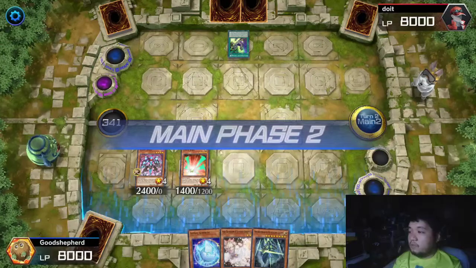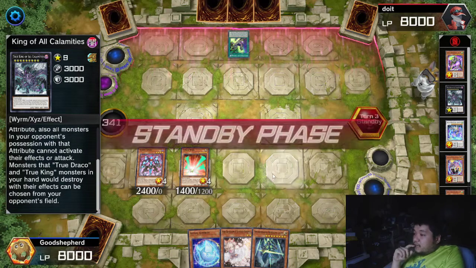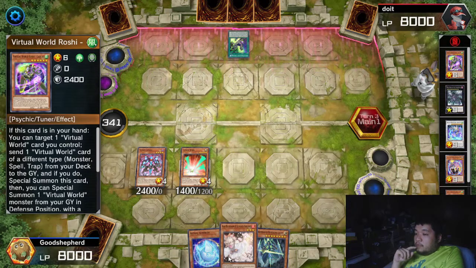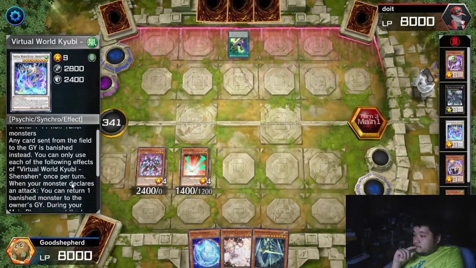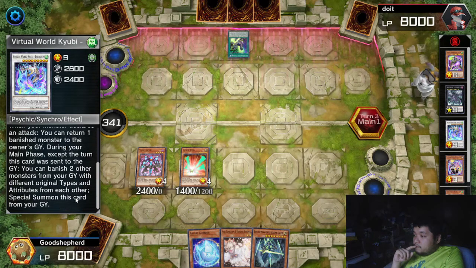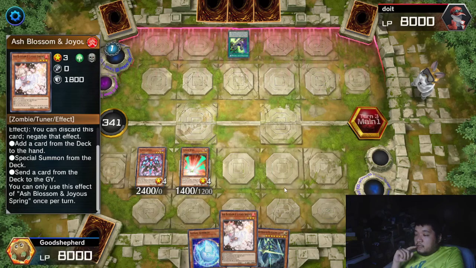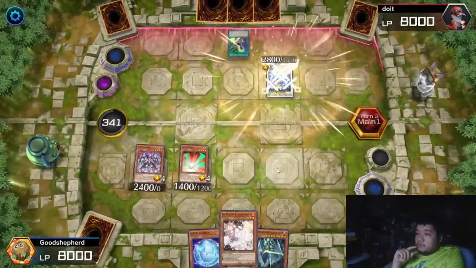Okay, I think we got stalled out because of Master Calamity. Cannot activate their effects or attack. Okay, that explains it. So by them activating that, it kind of neutered us a bit. Our best shot is to delay them with... Special summon the... Send a card. Okay, so this doesn't block it, unfortunately. And it's a 2800, so it's going...